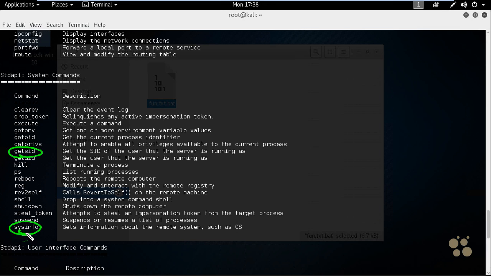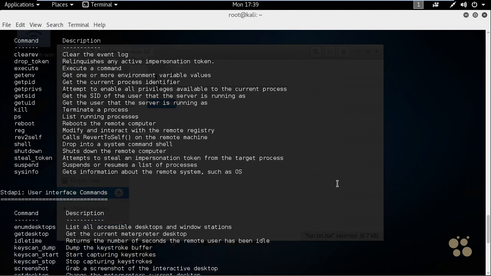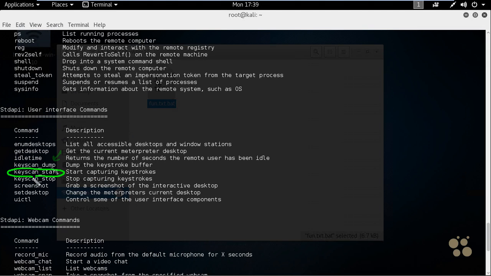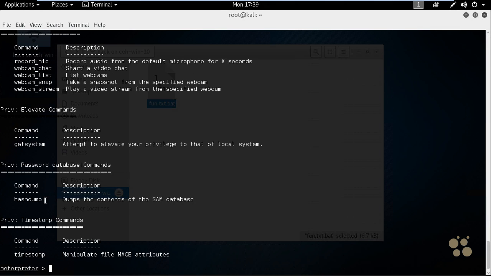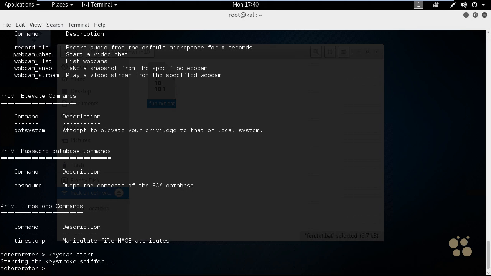We have sysinfo. If we scroll down further, we can start a keyboard logger, and then we can do a keyscan_dump to actually see what the user typed. There's a set of commands for webcam. There's a command to dump the SAM database, as well as commands to open up a shell directly with that system. So for example, if we did a keyscan_start and pressed enter, we're now doing keystroke logging